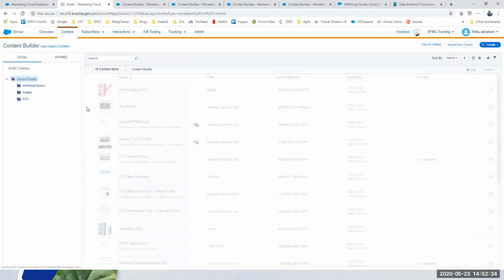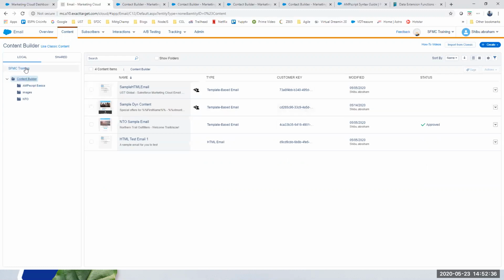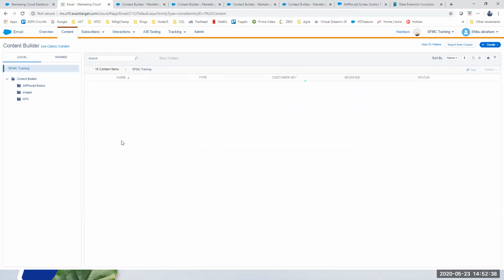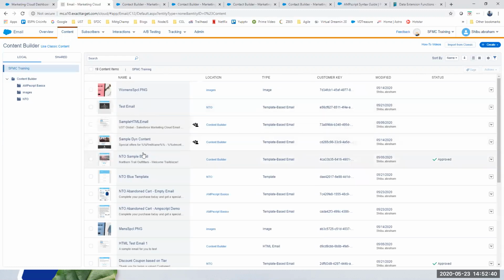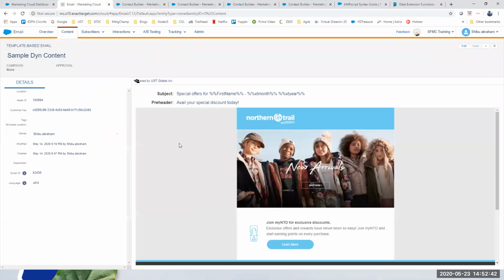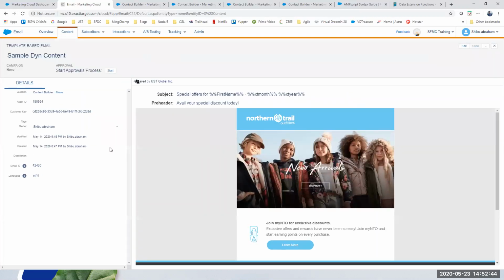Wait, let me see if I have a content block here. This is a content block that we had built. If I want to see the content block, you can see an ID and then the customer key. So there are two identifiers for that, content block by ID or content block by key.